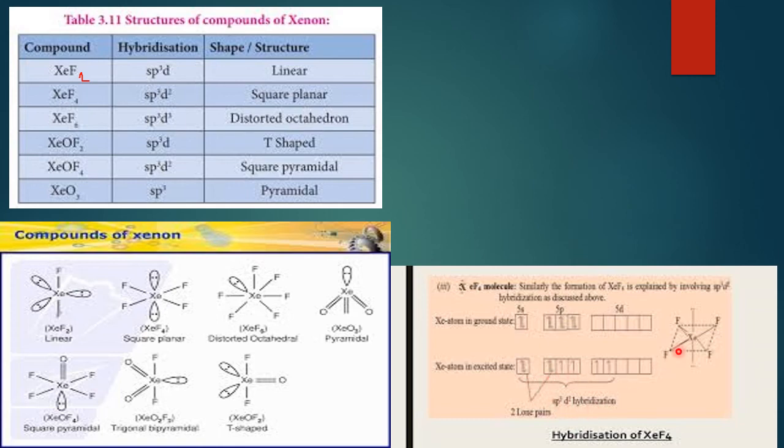So you know that there are 4 covalent bonds, so 4 bond pairs are formed. The other 2 electron pairs, one lone pair in the 5s orbital and another lone pair in the 5px orbital. One lone pair will be at one extreme and another lone pair at the other extreme end, because you know lone pair repulsion is maximum. So those two will go up and down. Now you are getting the shape called the square planar shape. Likewise you can calculate the hybridization for all the molecules.